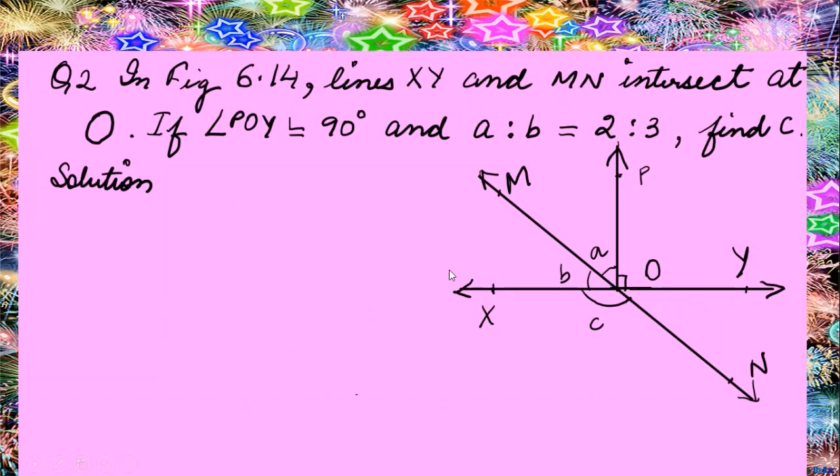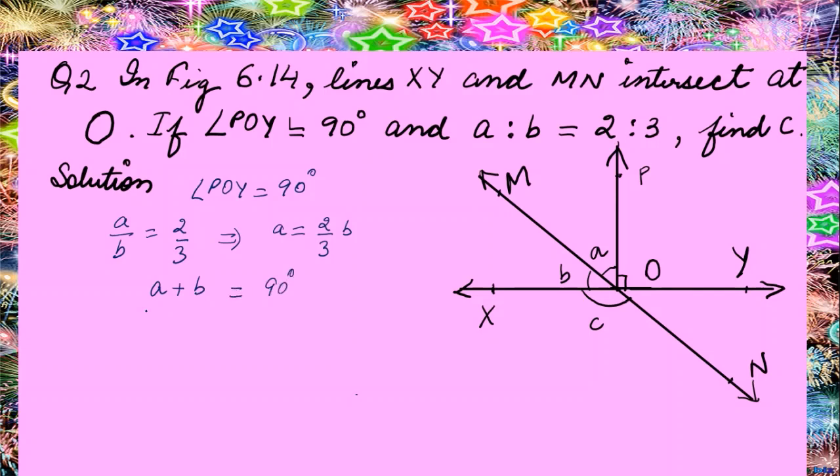Now question number two is: in figure 6.14, lines XY and MN intersect at O. If angle POY is 90 degrees and a:b is 2:3, find c. Now what is given? Angle POY is 90 degrees, and a upon b is given to be 2/3, which implies a equals 2/3 times b. And from here you can write a plus b is 90 degrees,